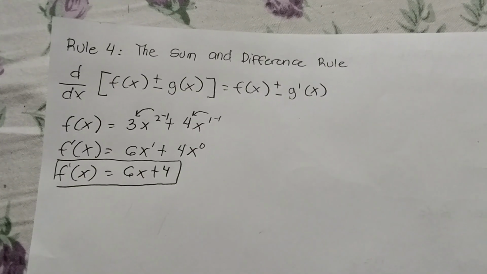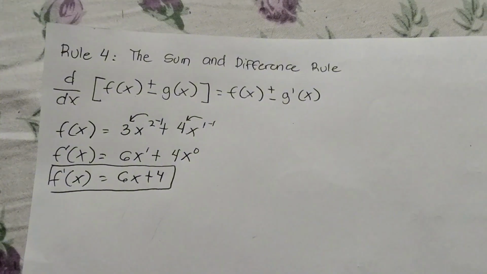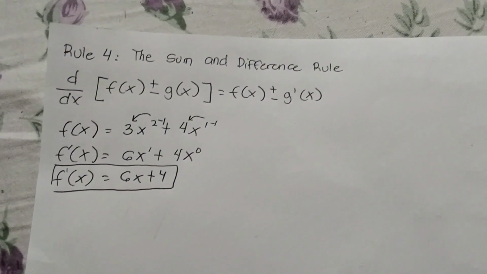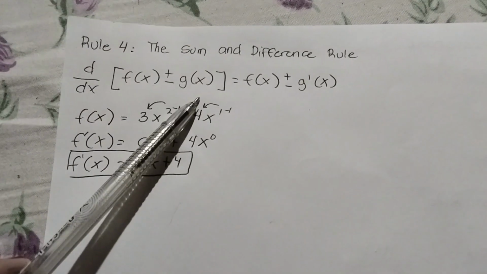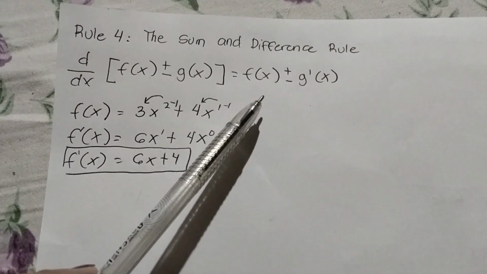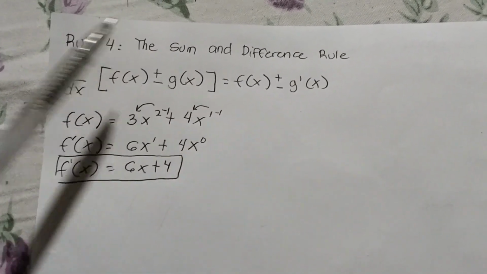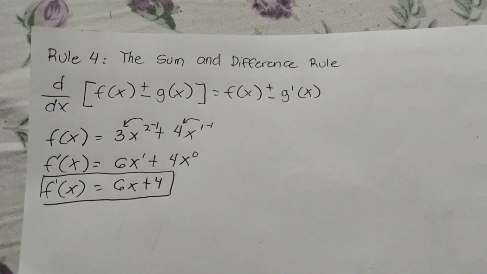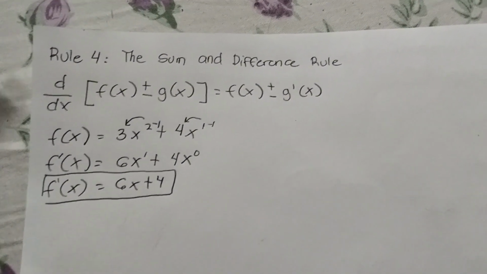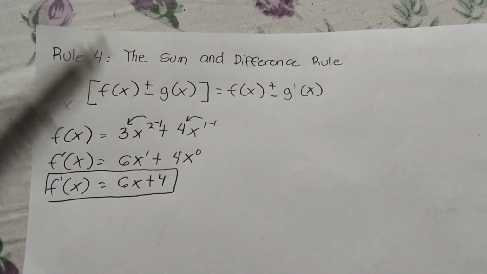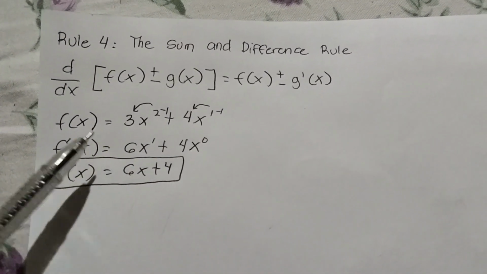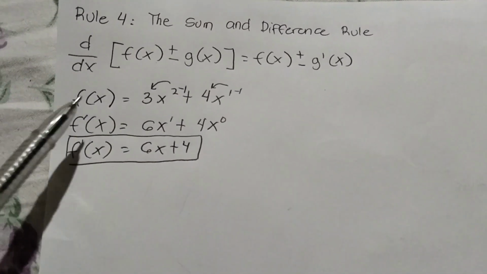The next rule is the sum and difference rule. The derivative of f of x plus or minus g of x is equal to f prime of x plus or minus g prime of x. To find the derivative of the sum or difference of two functions f of x and g of x, we just need to take the sum or difference of their derivatives, f prime of x and g prime of x. For example,